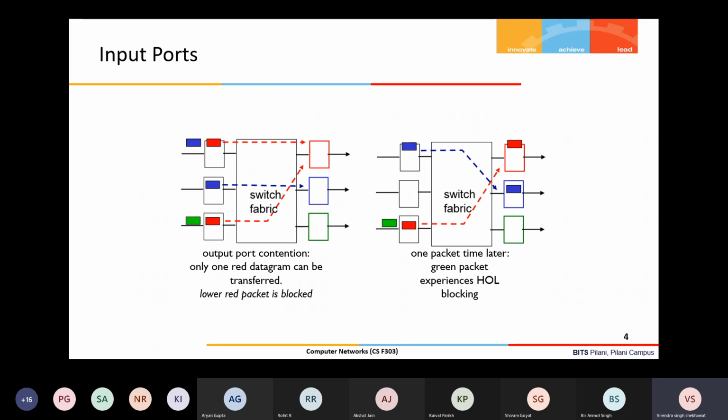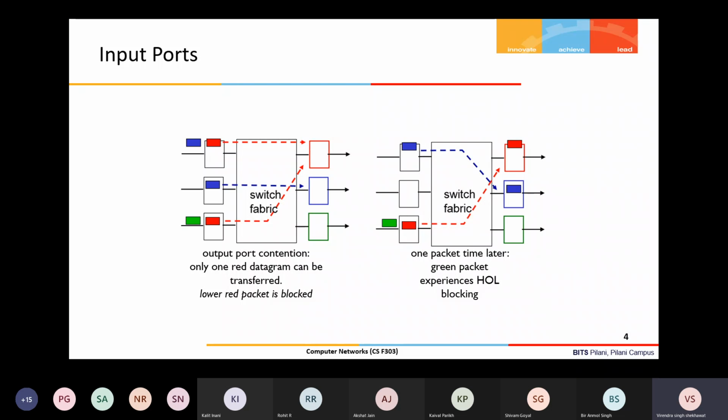Before that, we'll complete the portion left from the previous lecture. If you remember, we were discussing what is inside the router. A router basically has three parts: input port, output port, and the switching fabric. We discussed that there are three types of switching fabric.